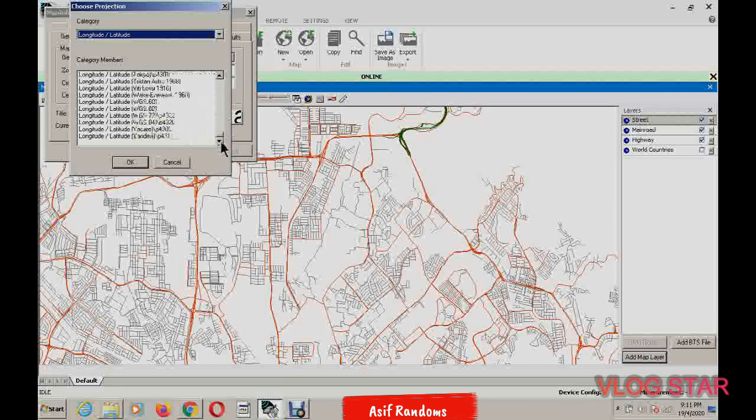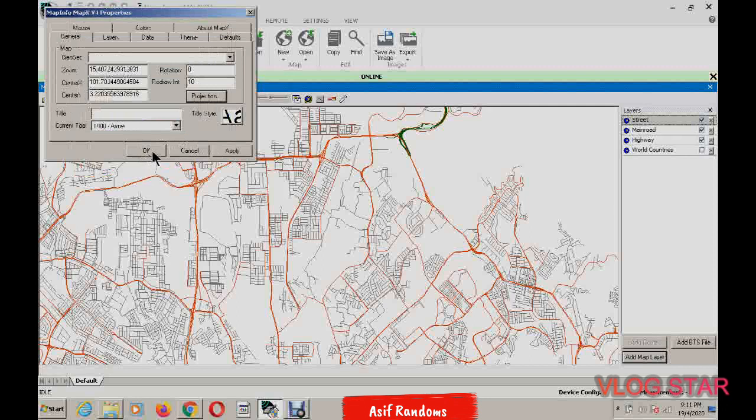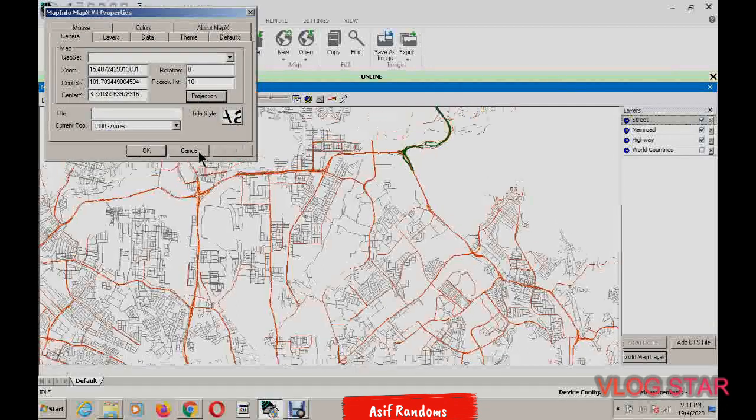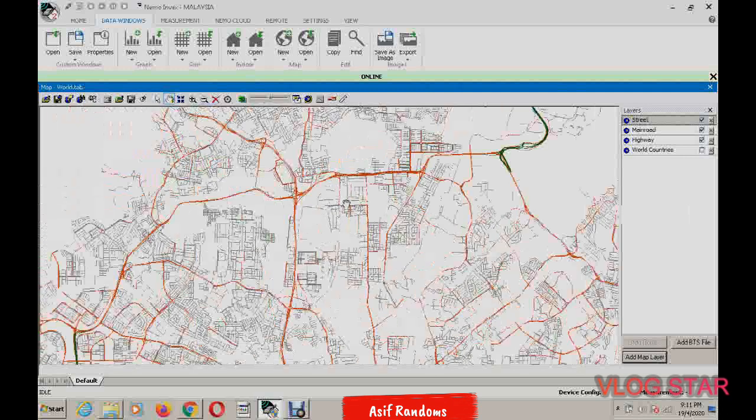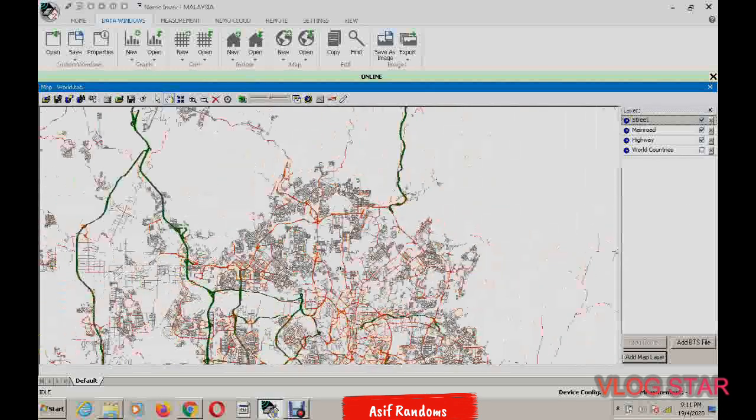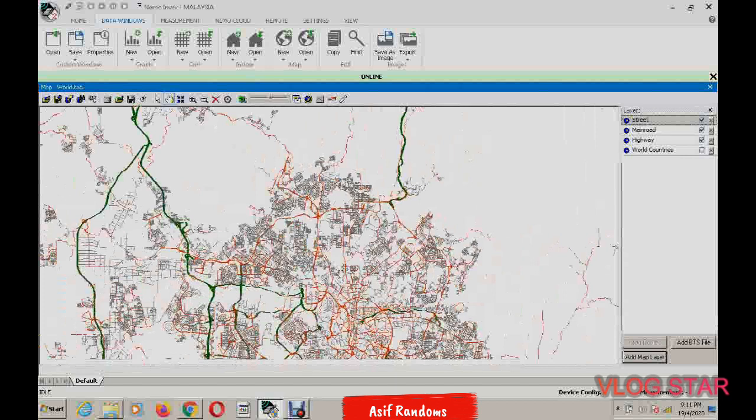Just scroll down and use the third last, longitude, latitude, WGS84, EPSG 4326. Just select it, then OK, then click apply and OK. So our projection has already changed to our requirement.